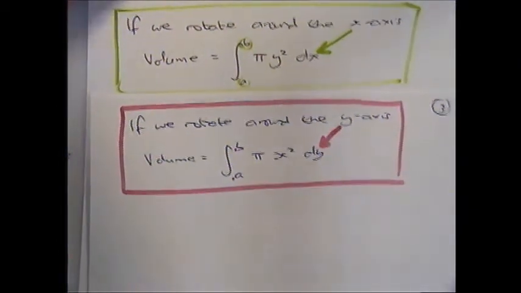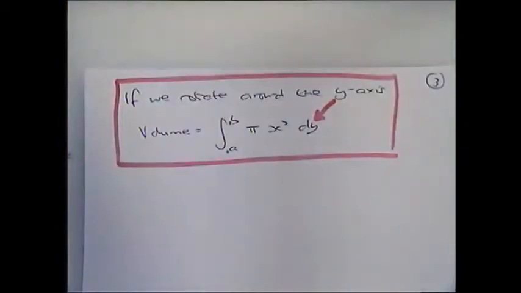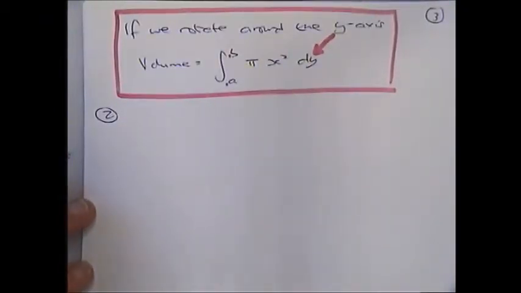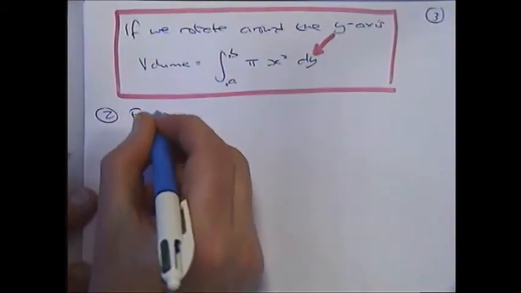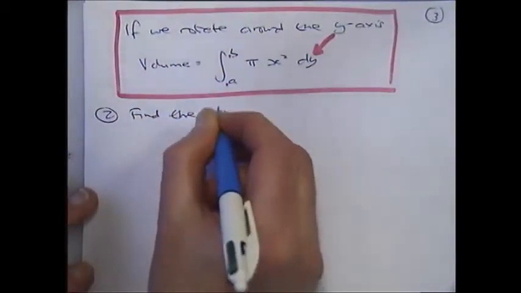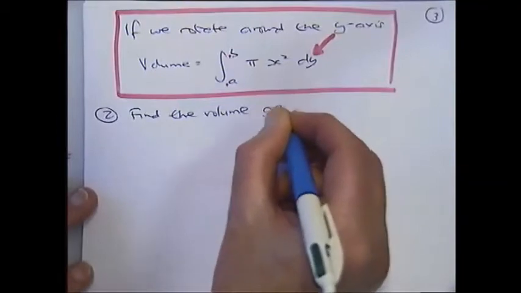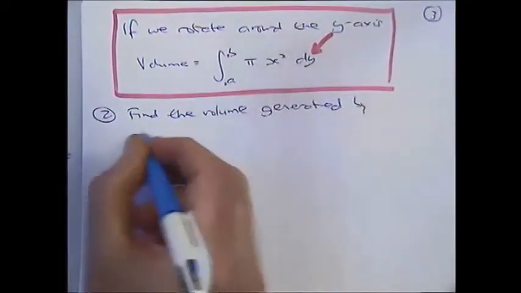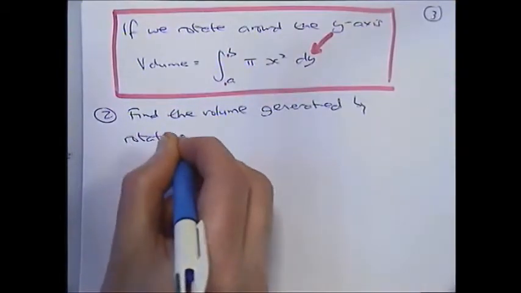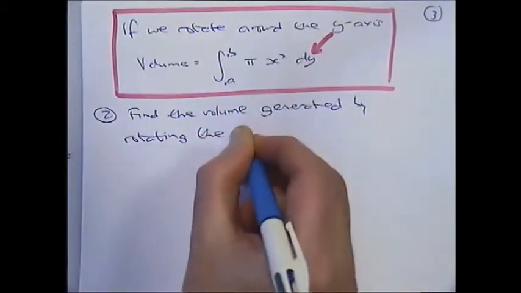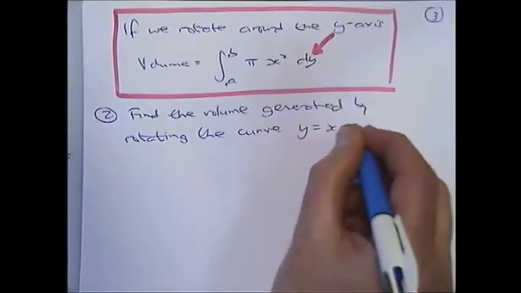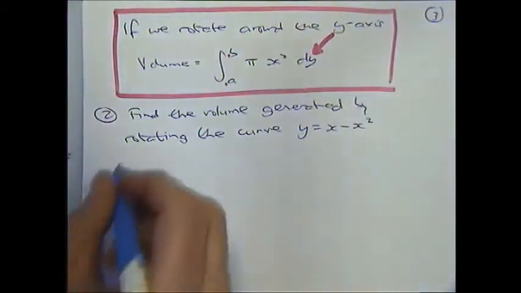I do recommend you do a drawing for these questions. I think it really does show you what's going on. So we'll do another example now, and this will be around the y-axis one. So we will find the volume generated by rotating the curve y equals x minus x squared